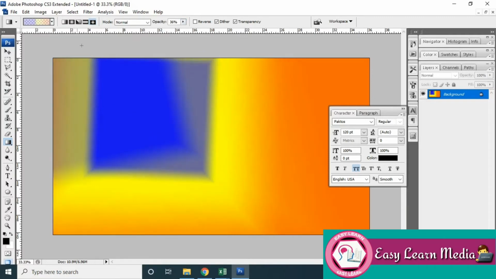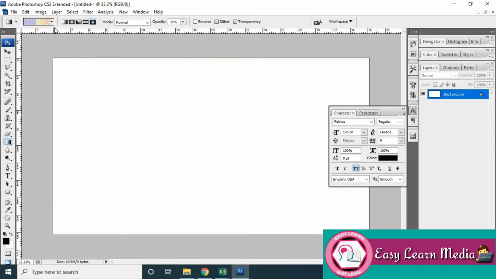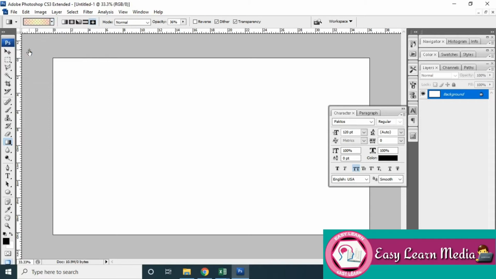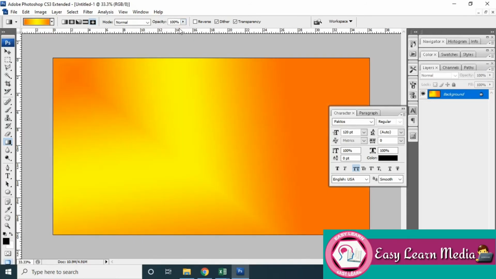Now the opacity is being reduced, so you can feel the difference. I'm taking any one of the presets, and I have reduced the opacity. By default I'm taking 45, so the color is reduced, the pattern is reduced. If I increase it, you can see how it differs from the previous one. Now I'm reducing it again.